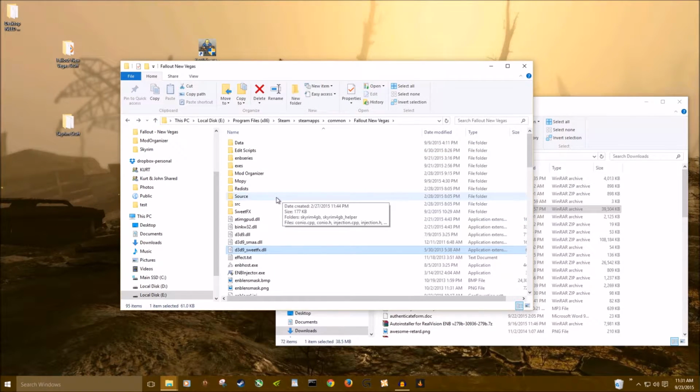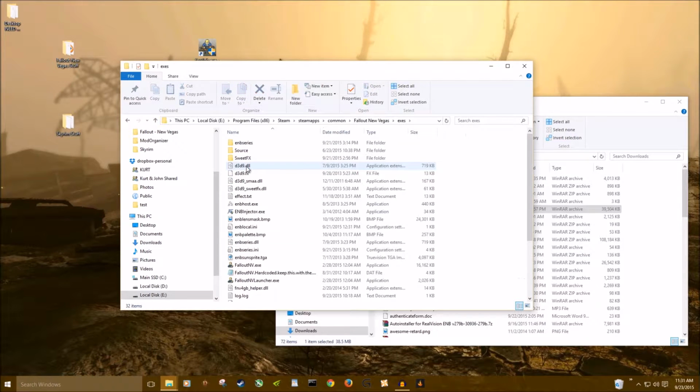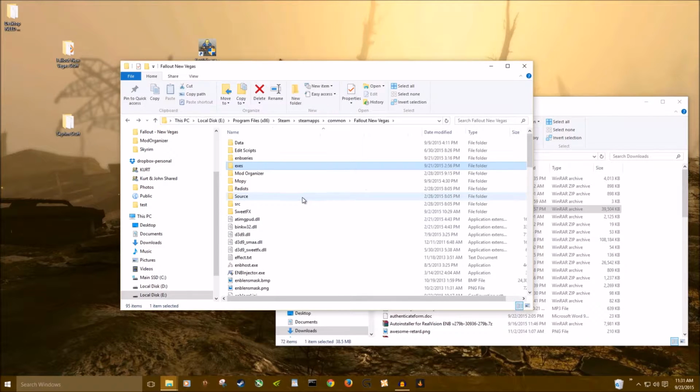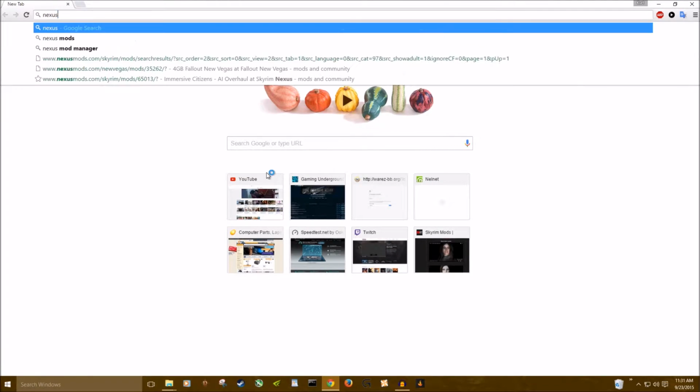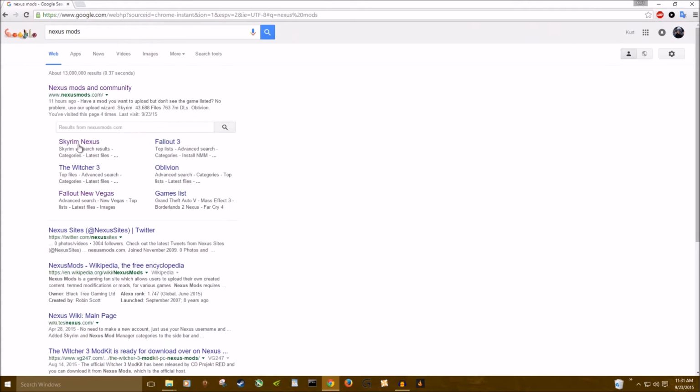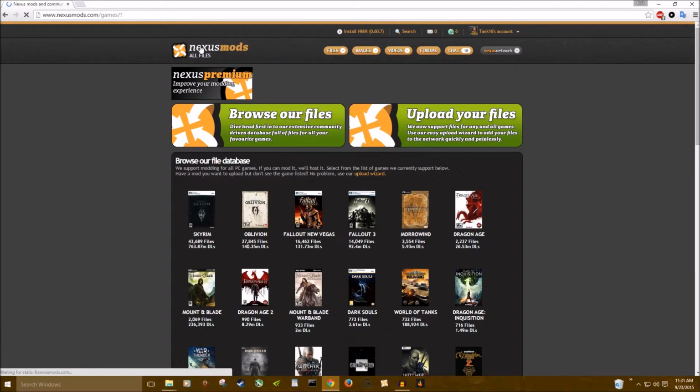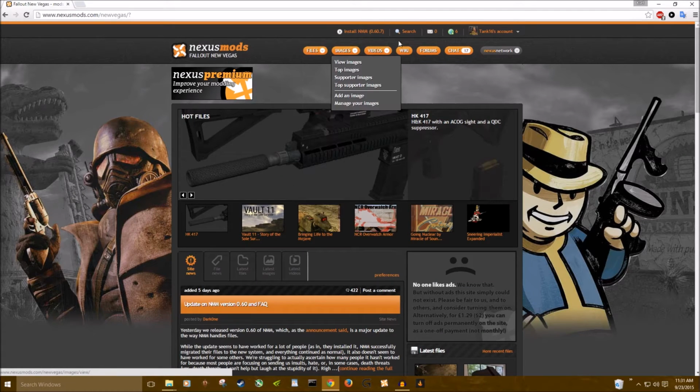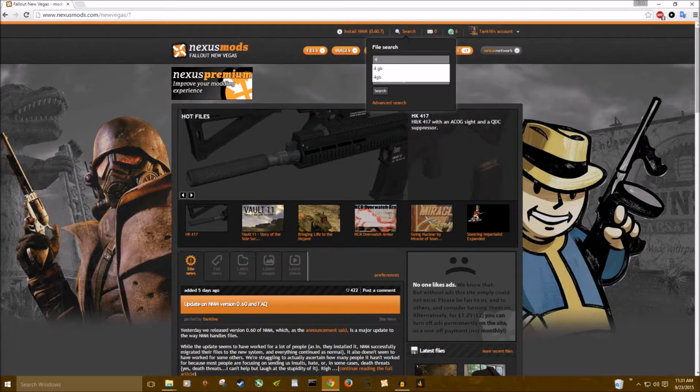Now, if you're having a problem where D3D9.dll does not work in the EXE folder, no matter what you do, you put it anywhere, it doesn't work, there might be a problem that I had, where I didn't update my Fallout New Vegas 4GB at all. It wasn't updated. If that's the reason, then I can show you what you'd have to do. So in my case, we'd go to Fallout New Vegas here, and then say you search 4GB right here,